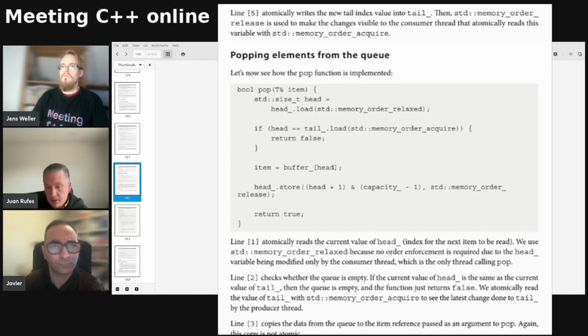And then there's another memory order, which is release. To simplify, the meaning is: make these changes visible to the thread synchronizing with this atomic variable with memory order acquire, which is the other one. If pop is the consumer, it synchronizes with the producer. Anyway,